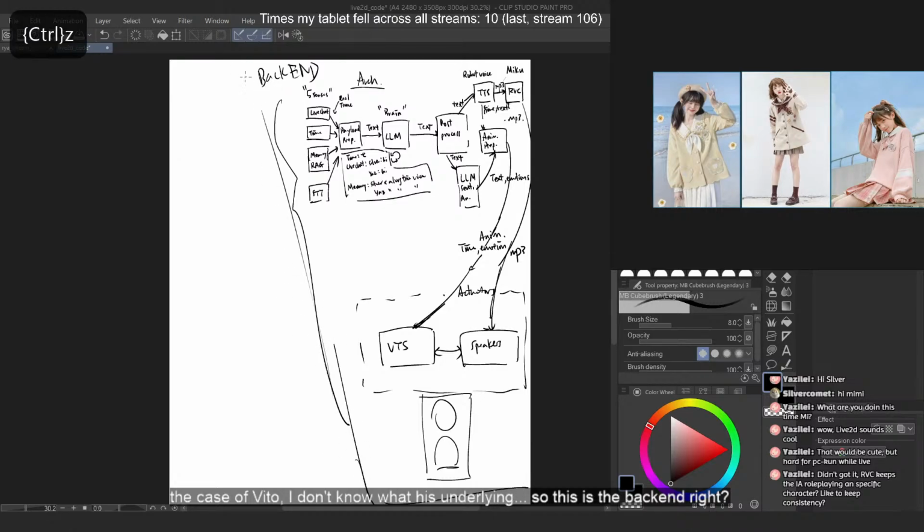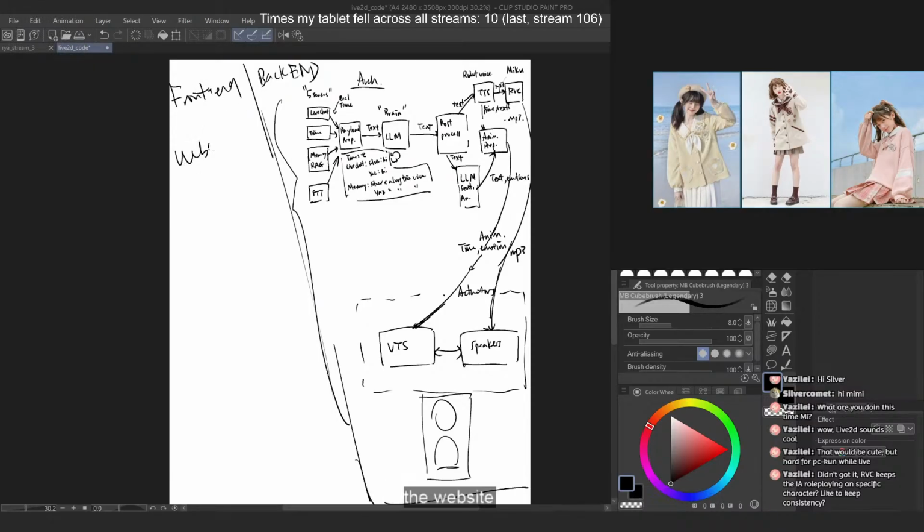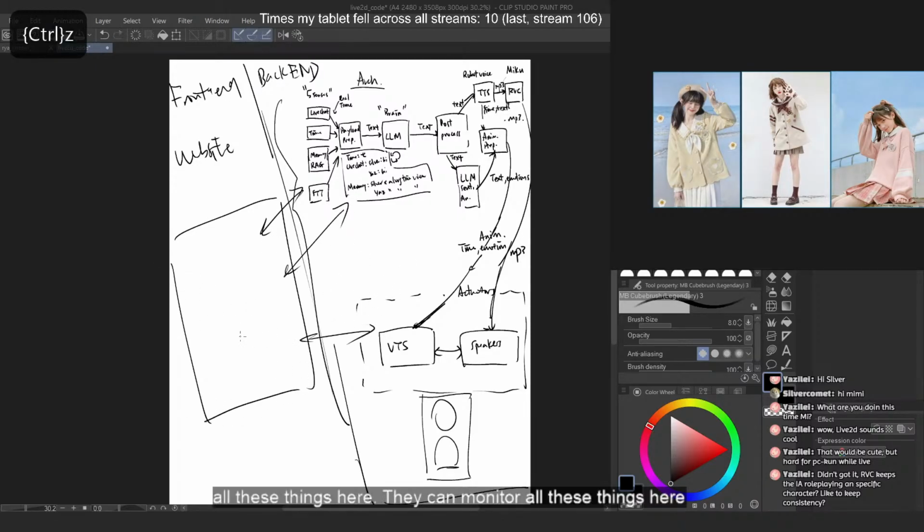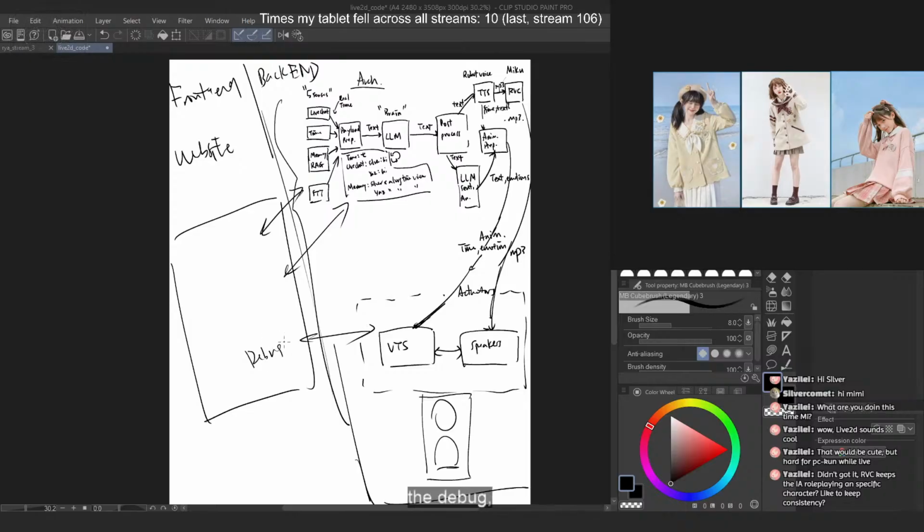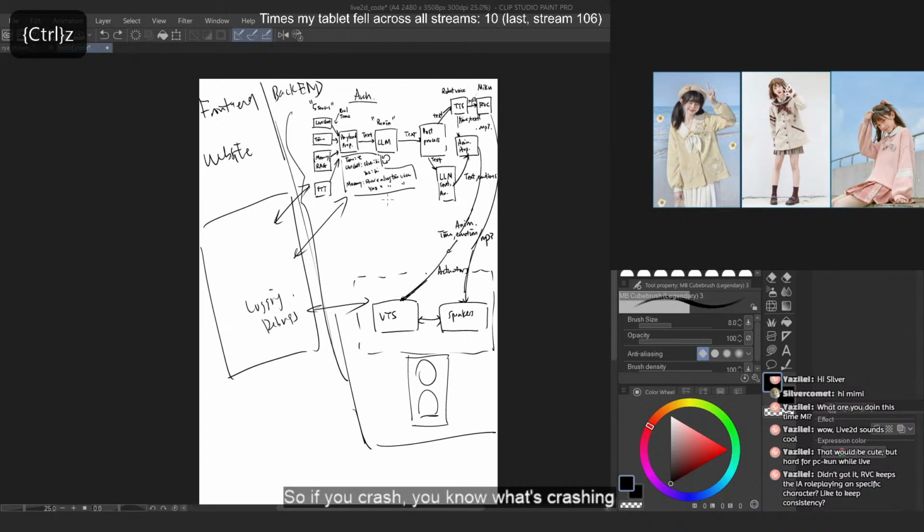So in the case of Neuro here, I don't know what their backend is, but they also have a front end where they have the website where they sort of control... They can monitor all these things here. Every single component. There's debugs. There's logging. So if you crash, you know what's crashing, what the data is causing, what kind of data is causing the problem and stuff like that. But